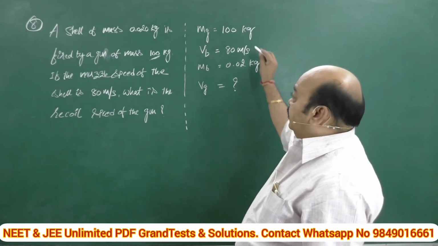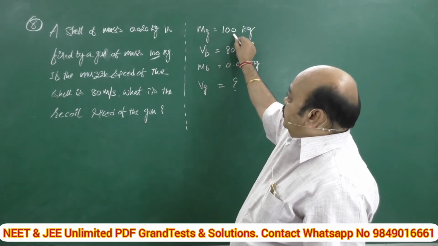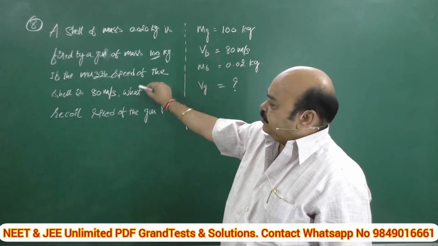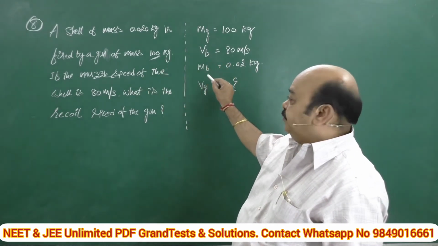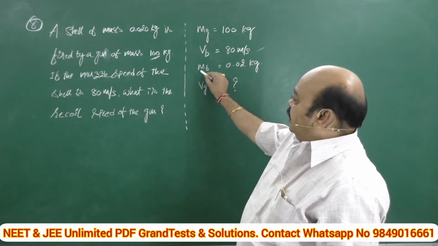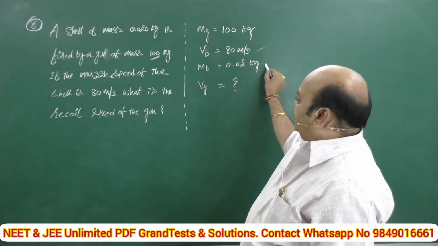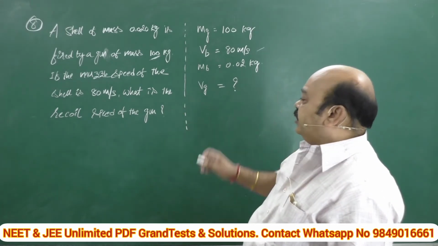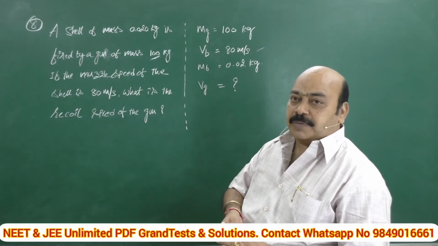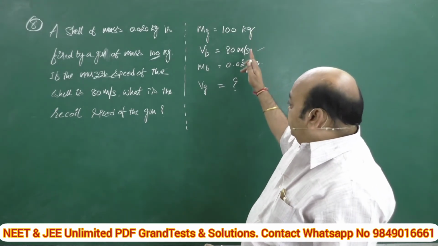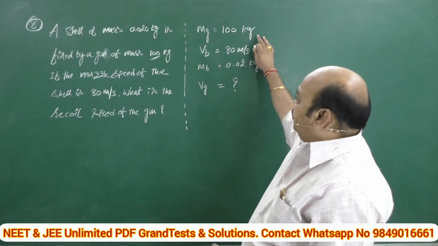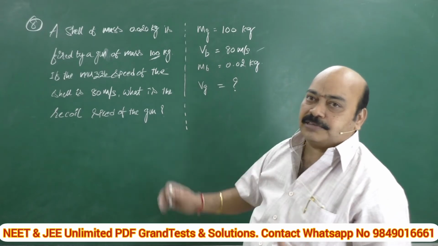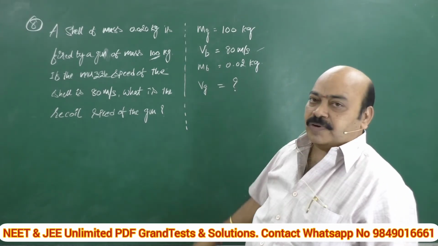Okay, are you comfortable? Mass of the gun is 100 kg. Velocity of the bullet, which is given as muzzle speed of the shell, bullet, both are same, it is 80 meter per second, and mass of the bullet 0.02 kg, and velocity of the gun, recoiling velocity of the gun, we are going to calculate. Right, before starting the problem, let us check whether all the given data is in the same units. Kg, meter per second, kg, good, all are in SI system. So directly we can go for the problem.